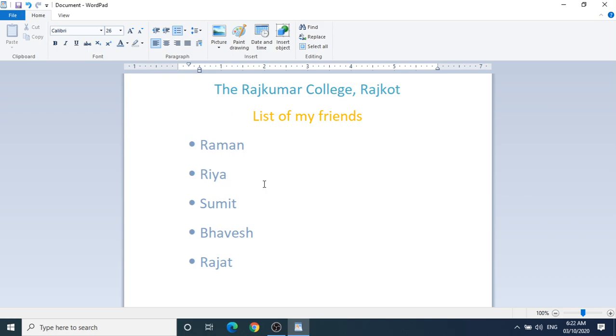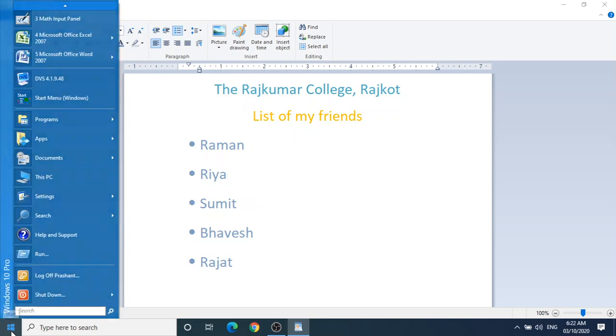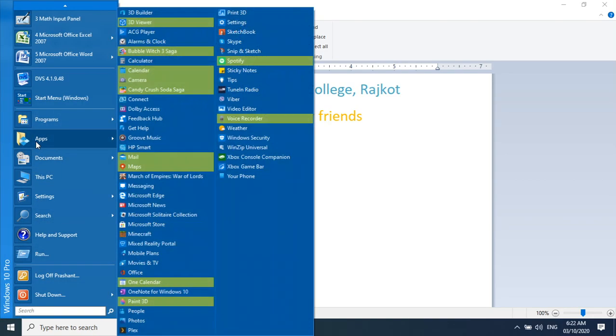Okay, so for today this much only we will do, calculator and just an introduction to WordPad. There are more things that you can do in WordPad. Okay, there are some like bold, italic and all these options are there, but that we will do in the next class. So this way you can open WordPad and calculator. Again I'll show you calculator in the apps.